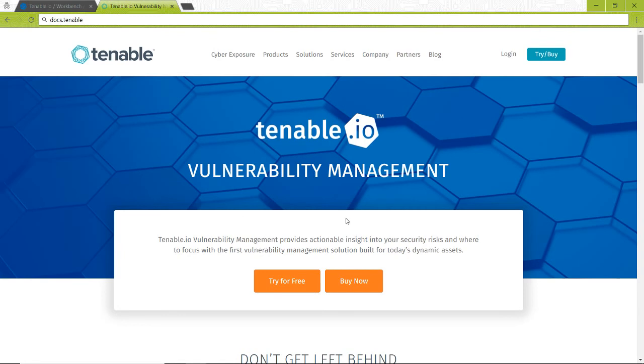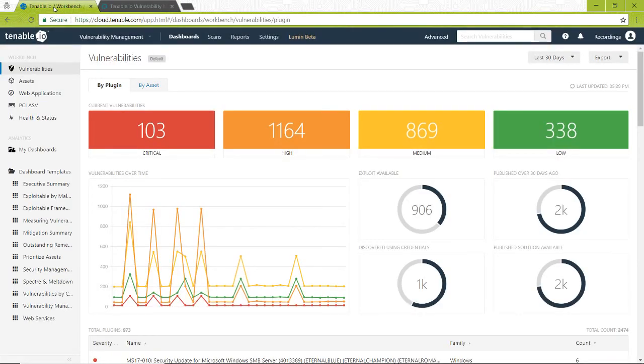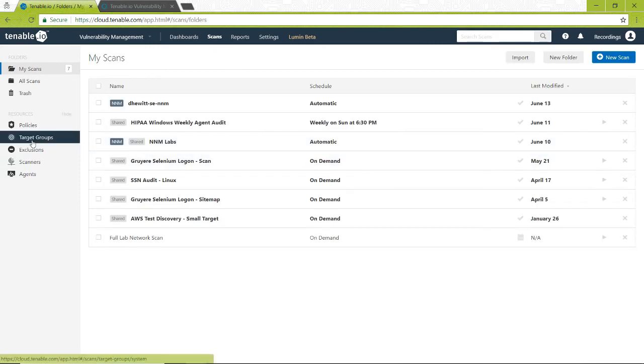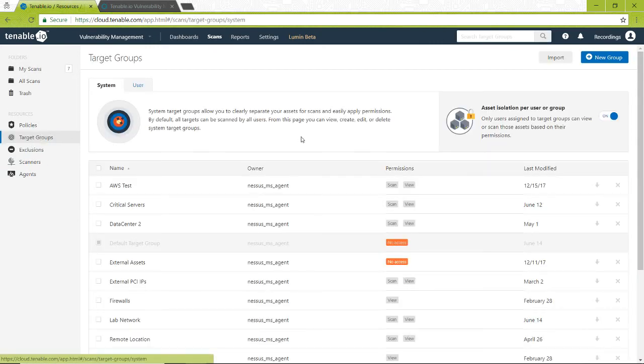that you have available. First off, what you're going to do is go to cloud.tenable.com and log in. That's going to drop you in your main workbench area. From here, what you want to do is go to scans up at the top, and then on the left, there's target groups. So you'll click on that and actually be able to see all the ones that we've already built out